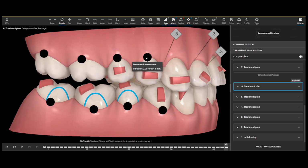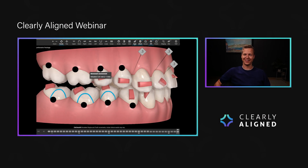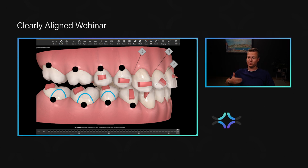Shulk, you're crazy. You have all black dots. Like, what are you doing? I've heard before that you should never have any blue or black dots. Try to minimize them. And here I am being the opposite, being like blue and black dots. Like, who cares? It doesn't mean anything to me because blue and black dots just mean that we're planning the trays to move and push against the teeth more,